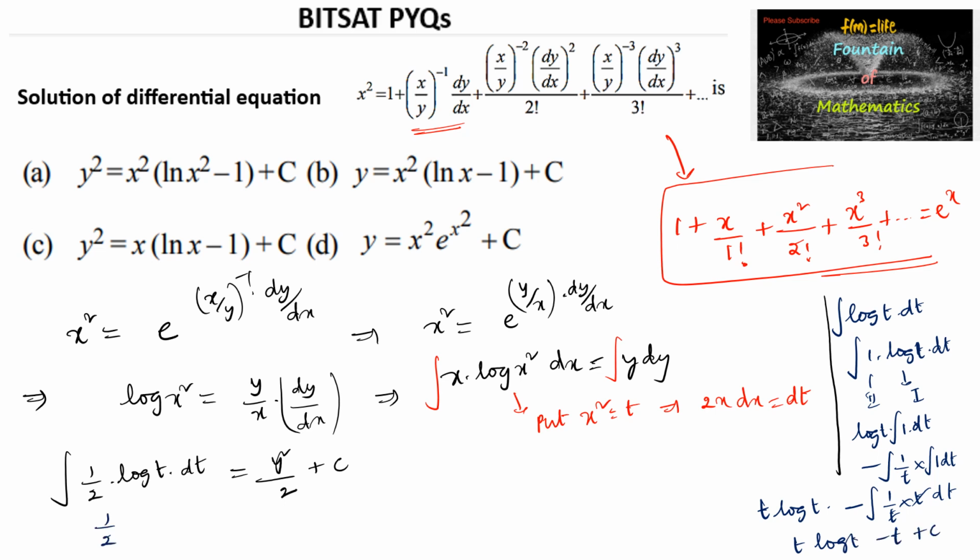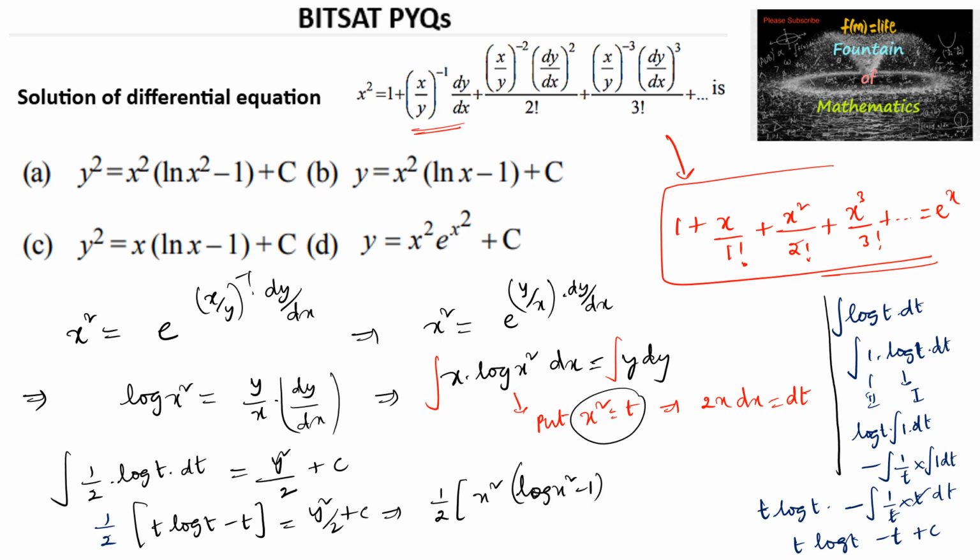So we can write here 1 upon 2 times integration of log t is t into log t minus t is equal to y square upon 2 plus c, or this can also be simplified: 1 upon 2, t is nothing but x square, into, or x square taken common, log x square minus 1 is equal to y square upon 2 plus c, or x square into log x square minus 1 is equal to y square plus 2c, where 2c is another constant we can consider. So we can go with an option